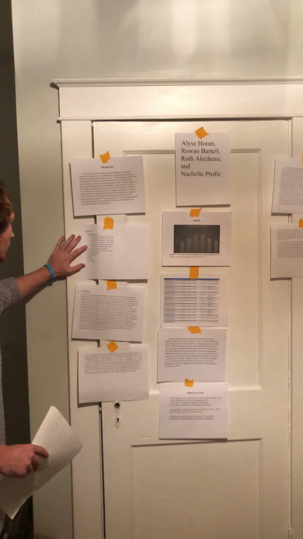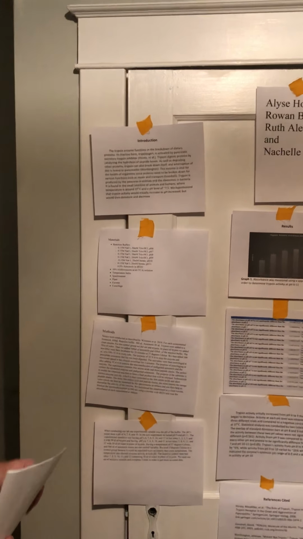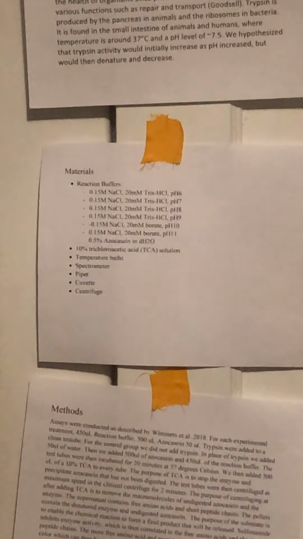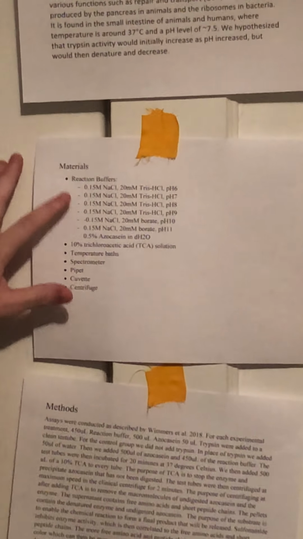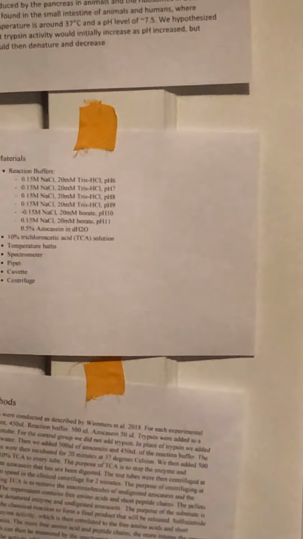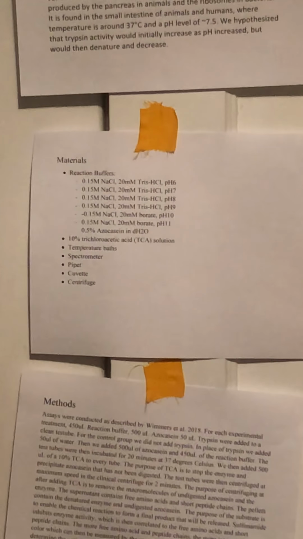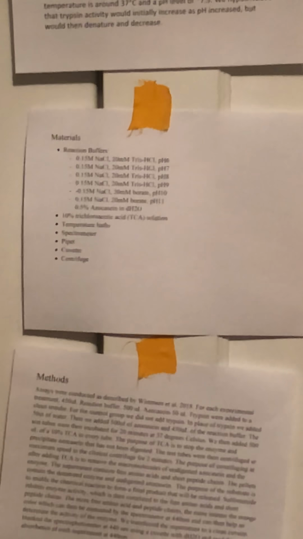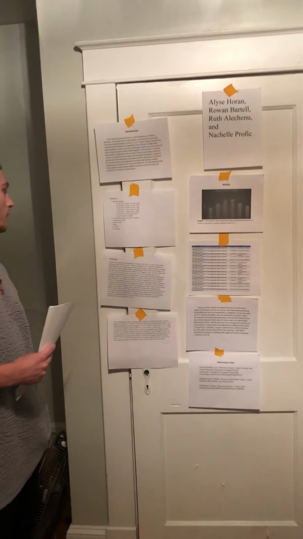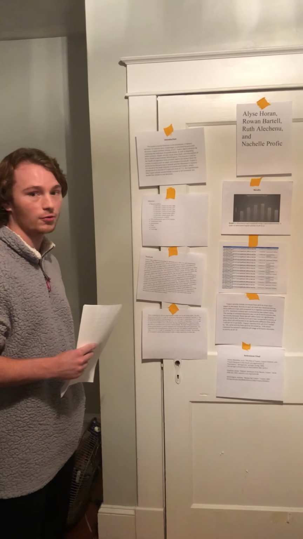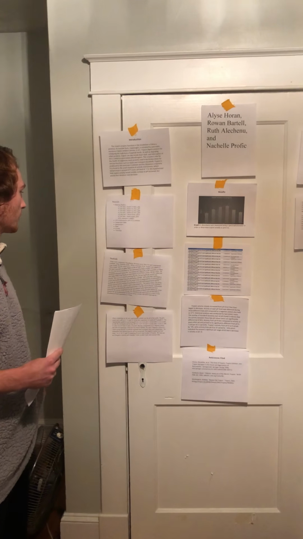Looking at our methods, our reaction buffers consisted of 0.15 milliliters or 15 mM of NaCl for every trial, and then we used different pHs, as you can see, 6, 7, 8, 9, 10, 11, which consisted of 20 millimolar Tris hydrochloric acid and 20 millimolar borate, all at different pHs. We used 15% azocasein, 10% TCA, temperature baths at 37 degrees, a spectrometer to measure absorbance, a pipette, cuvettes,